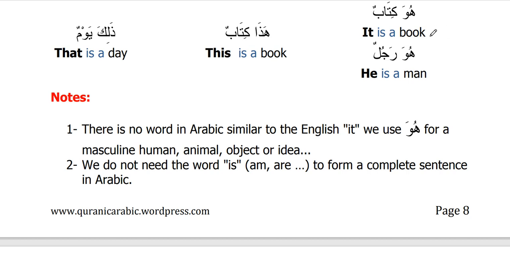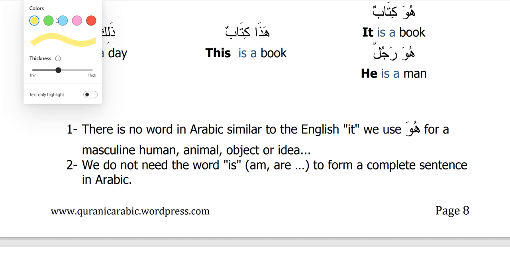For example, when you put a pronoun here,